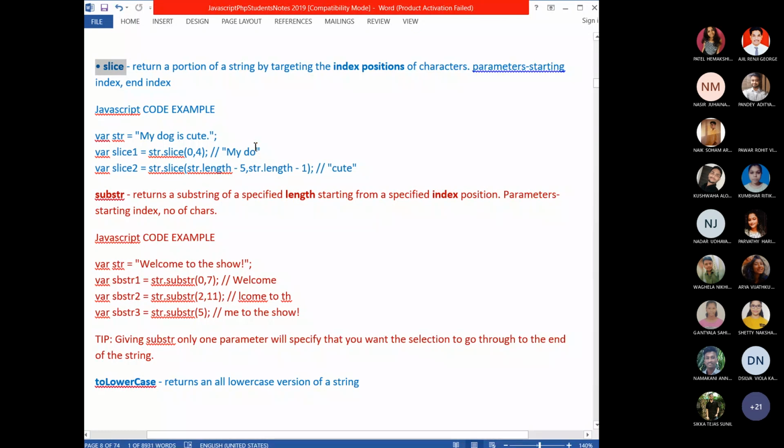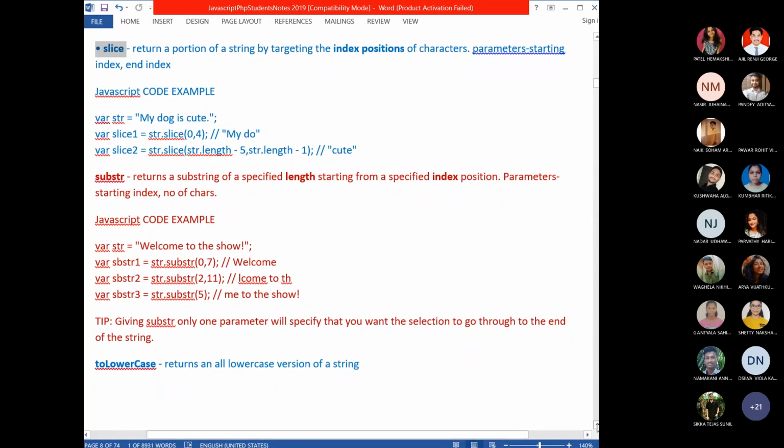So slice, what is the use of slice in array object? You can pick up any array element, whatever you want. For example, first and second element, second and third element, third, fourth and fifth element, like that. Any portion of the array you can take using slice. When we use the slice method in an array object, we give two parameters: the starting index of the array element, and the number of elements which should be picked up using the slice method.